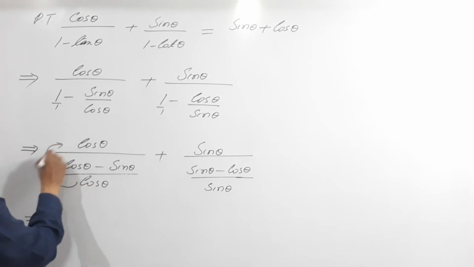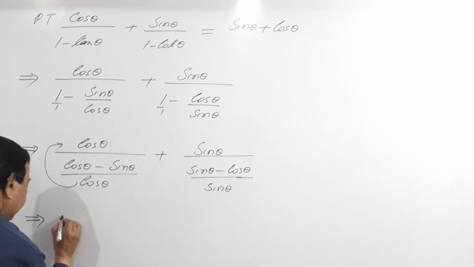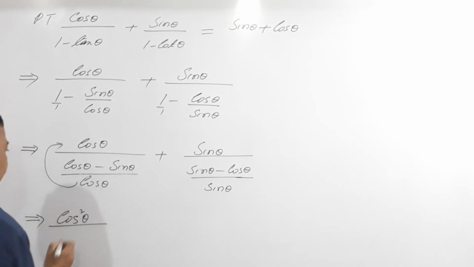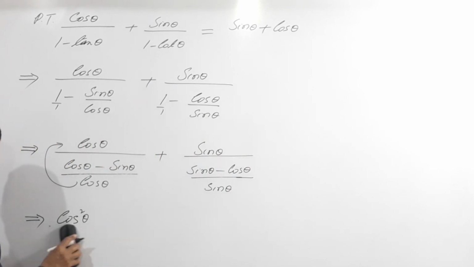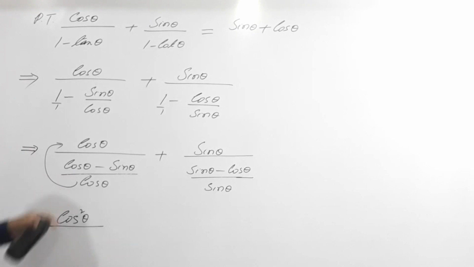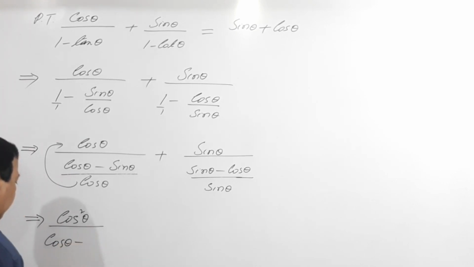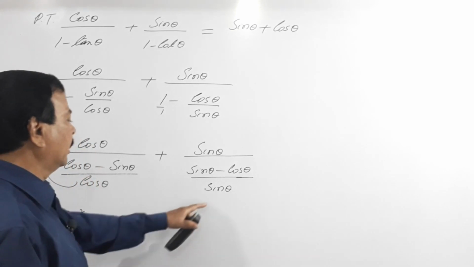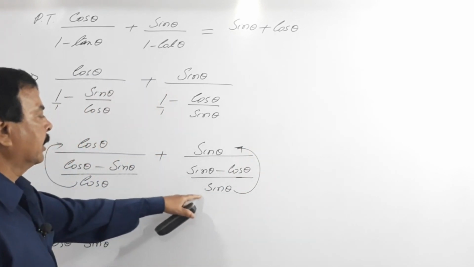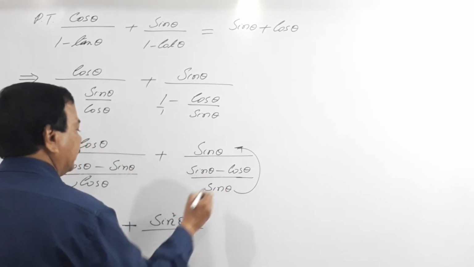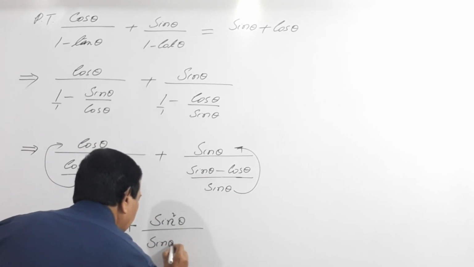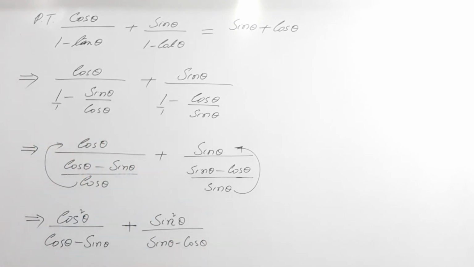तो ये क्या हो जाएगा, न्यूमरेटर को भेजो, सेंड इट टू द न्यूमरेटर, सो cos into cos becomes cos square, cos स्क्वायर θ पे ये क्या है, cos स्क्वायर θ बाई cos θ माइनस sin θ, डन, प्लस sin will go to the numerator, sin into sin becomes sin square, that is sin square theta divided by sin theta minus cos theta, ठीक है।